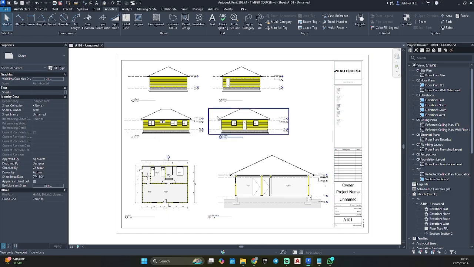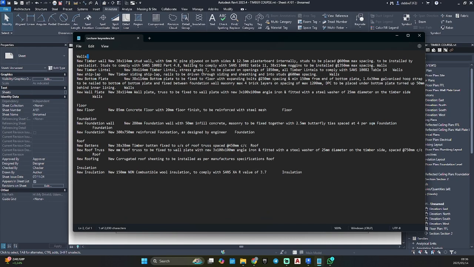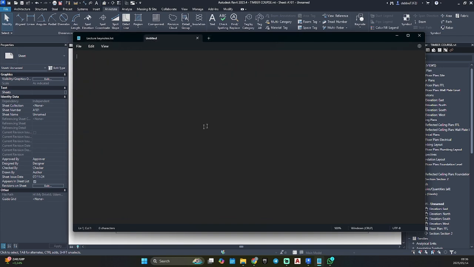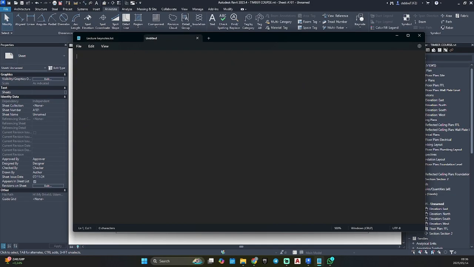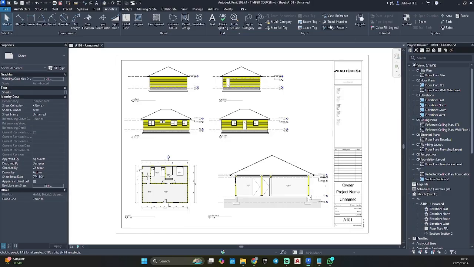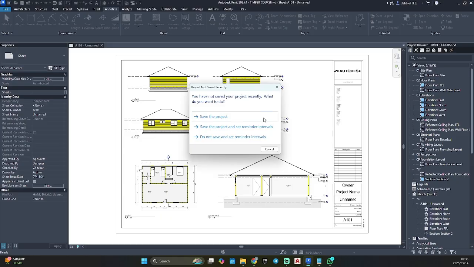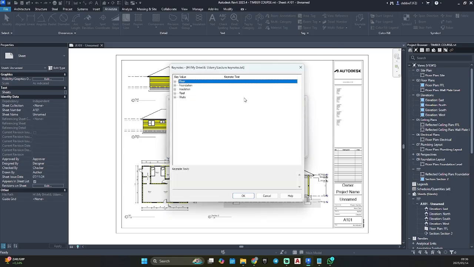So, if you just go to your folder where you've saved this file, right click and open up a text file. It should be looking like this. Once you've opened it, you're going to start with walls. So the first thing you have to do with keynotes is create a category to show walls. I'll just show you what that looks like in Revit. So it's going to look like this. So you're creating this category and then we're going to do the rest.